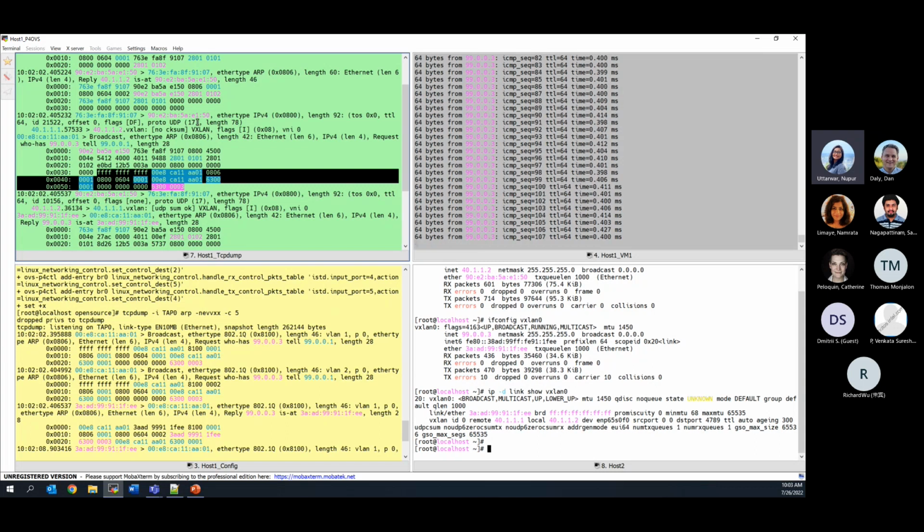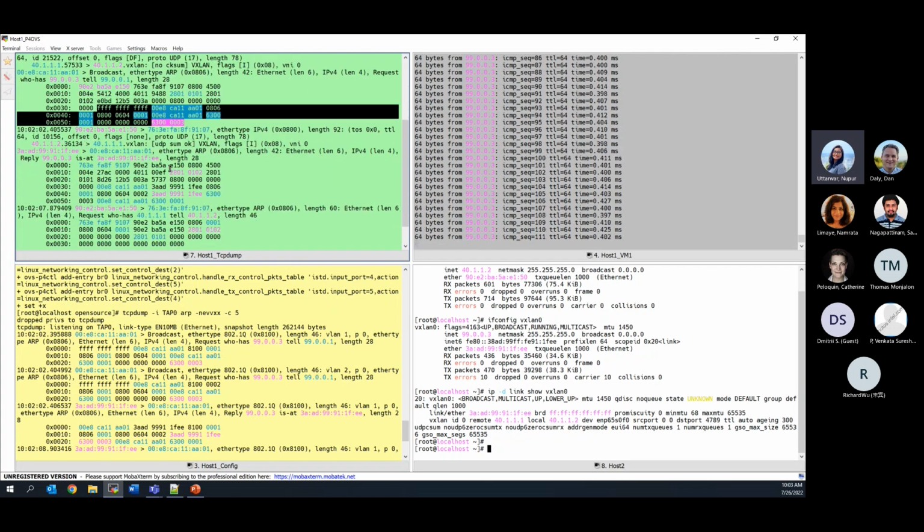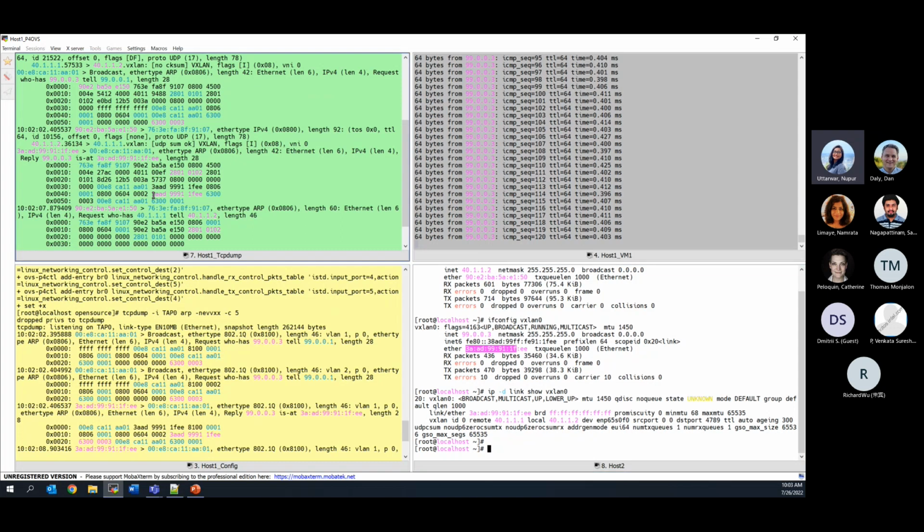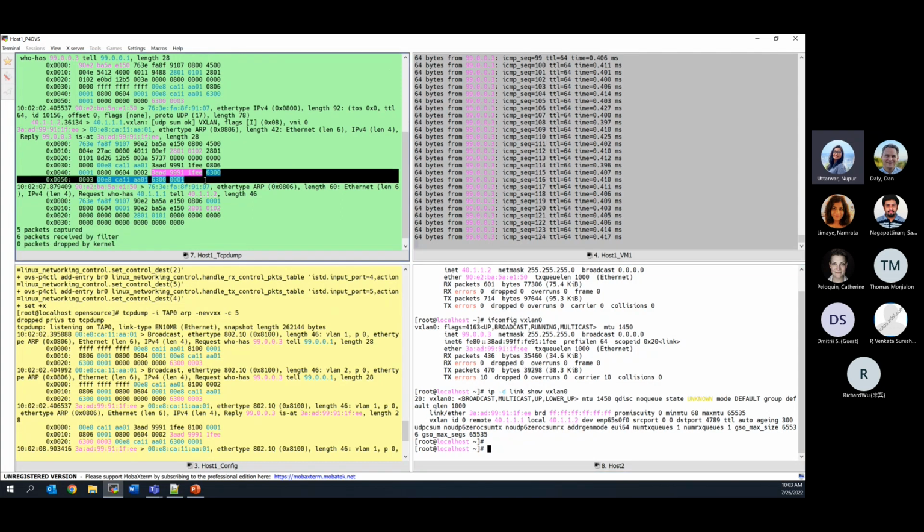From your physical port 0, it will reach your host 2, and host 2 will send a unicast ARP reply responding with the MAC address of 99.0.3, which is 3AAD. And as you can see, we have received a unicast ARP reply. Again, it is an encapsulated packet. Now, since this port is also a TEP termination port, the packet will be stripped out and sent to your VXLAN kernel port. Once it reaches the VXLAN kernel port, it is in the control of OVS, where the